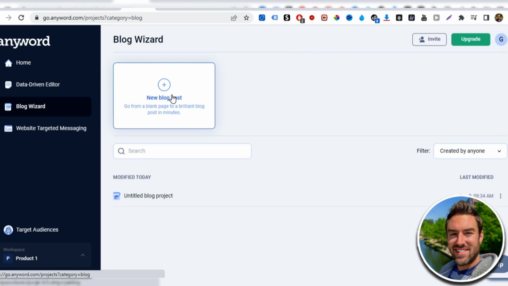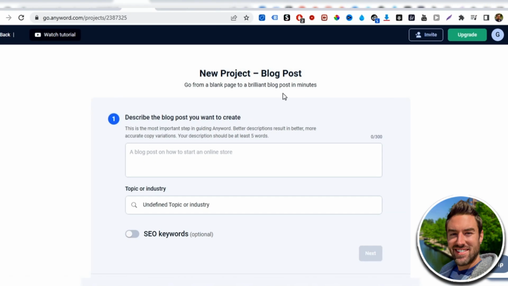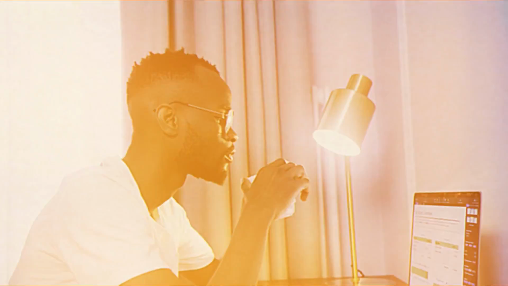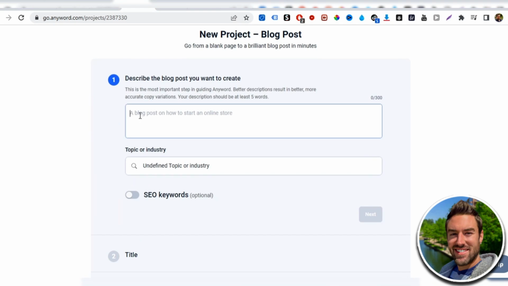And what we're going to do is click on new blog post and create a blog article. Now, the amazing thing with this totally free software is it allows us to create blog posts totally passively just with the click of a button. Okay, so you'll get taken to this page here. Now, what we're gonna be able to do is just type in a few words here, and this software will literally spit out an amazing blog article we can use, as you'll see in a second, to promote whatever product you wanna promote. So the first thing, we wanna type in a few words that have to do with the